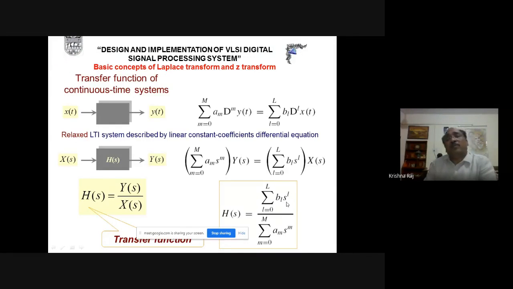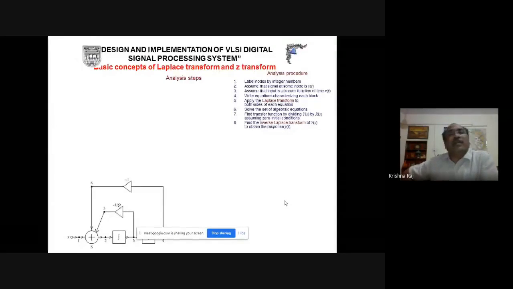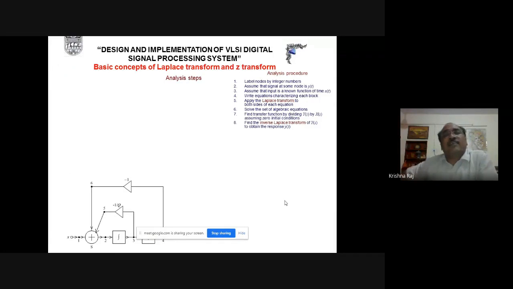Now if we are interested in designing such a system, what will happen? This system is not suitable for the purpose of designing if the order is greater than 2, because it will be sensitive to any changes in the environment or in the parameters. That's why, in order to avoid these effects, these transfer functions are broken into first order sections and second order sections. Basically the biquads, that is, the second order sections, are considered, and if the system has an odd power, naturally the first section will become a first order section. Hence the total system will be described by the cascading of the first order section and then successive second order sections.